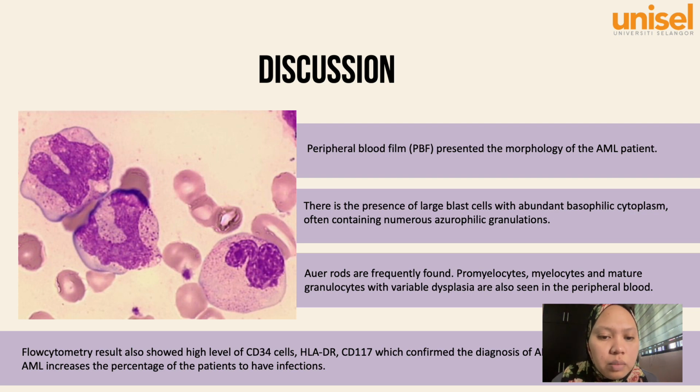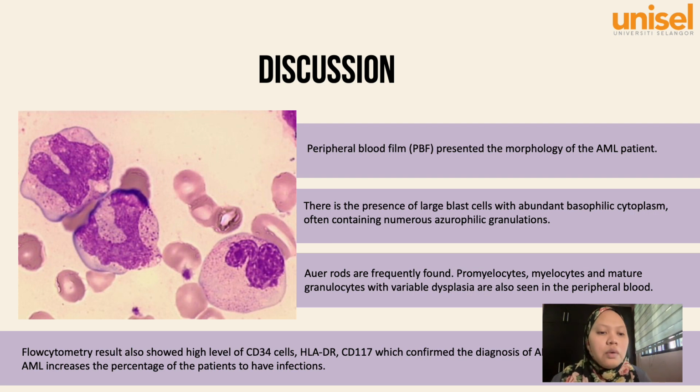Promyelocytes and mature granulocytes with variable dysplasia are also seen in the peripheral blood film. Next, the flow cytometry result also showed high levels of CD34, HLA-DR and CD117 cells, which confirmed the diagnosis of acute myeloid leukemia,